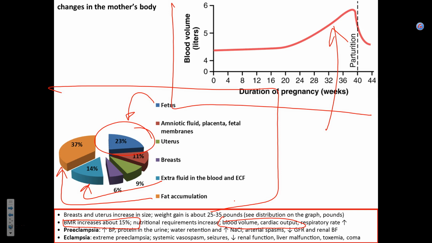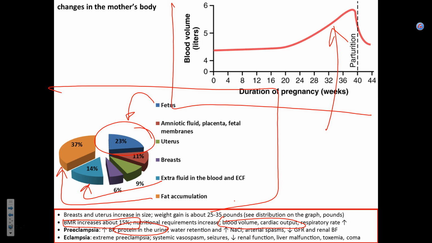Now, if you think about this, that's quite a drastic change for a woman's body. Elevated blood volume leads to elevated blood pressure, right? So that may lead, but not necessarily leads, to a condition known as preeclampsia. In preeclampsia, blood pressure dramatically changes. It becomes dangerously high, and that affects kidneys, leading to proteinuria, appearance of protein in the